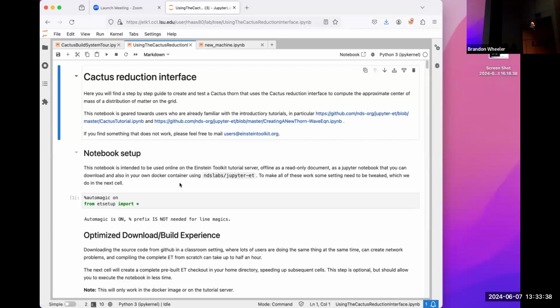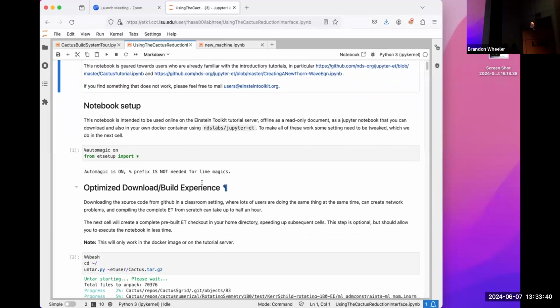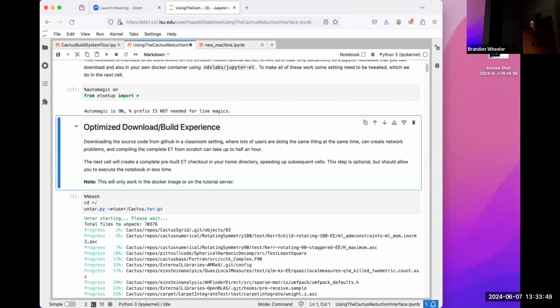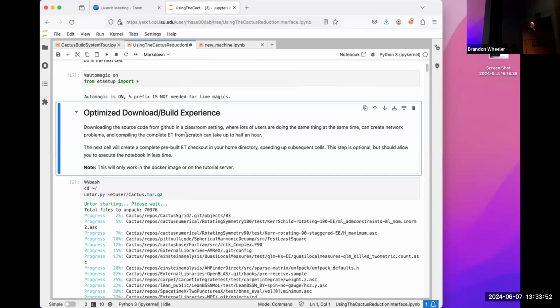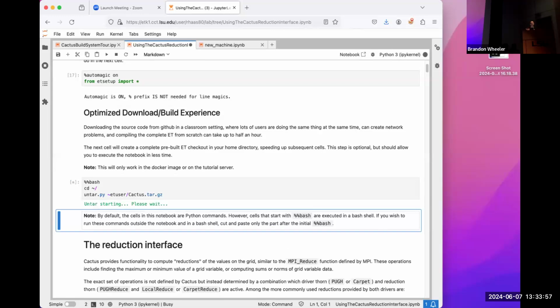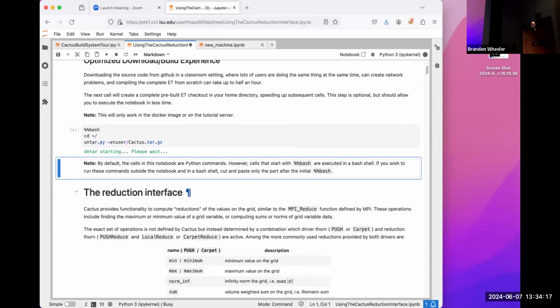Right. So for those of you who want to follow along with the notebook setup, you'll see it's a little bit similar to the getting started tutorial, in that it first introduces a bit of magic and loads some Python helper packages, and then it actually untars the Cactus source code. This is probably redundant for those of you who already followed along with the getting started tutorial; you've already done that. It just gives you a checked out source code, and this is also precompiled, so this is fine. So let me see how long that takes. While this is expanding,